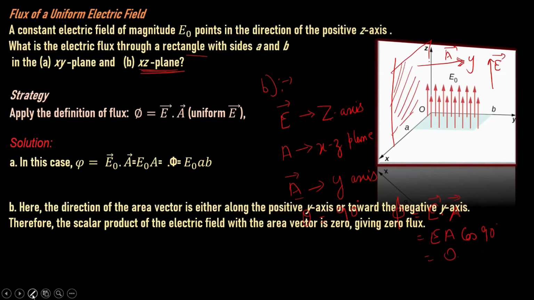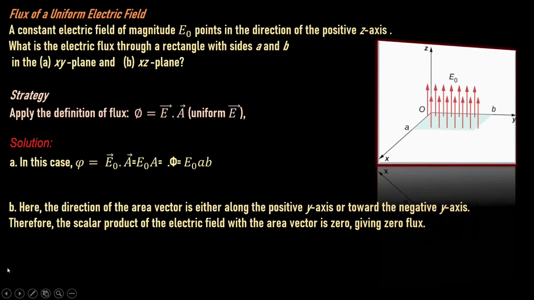So for the second type of situation, the direction of the area vector is either along the positive y-axis or towards the negative y-axis. If we take this as the area, its area vector, if we are dealing towards the right-hand side, will be the positive y-axis, and if we are dealing towards the left-hand side, it will become the negative y-axis. So both directions are possible. This is for the open planar area surface. I have told you the two possible directions the area vector can point.